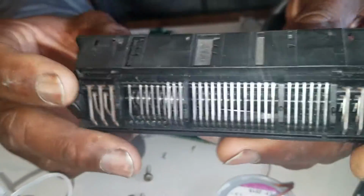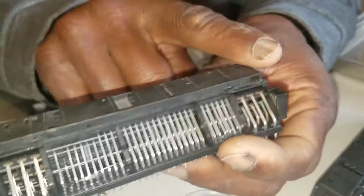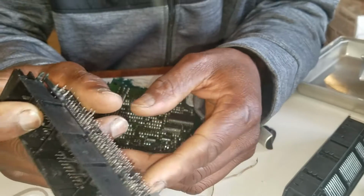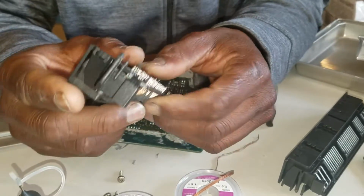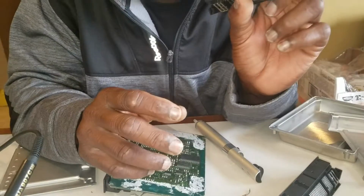But on the front part of it, it only says AMP. There's no number, nothing. So I said to myself, you know what, let me just punch this thing in Google search and see what's gonna happen. So I went on Google on my phone and I punched in the number, sure enough, bam! It popped up